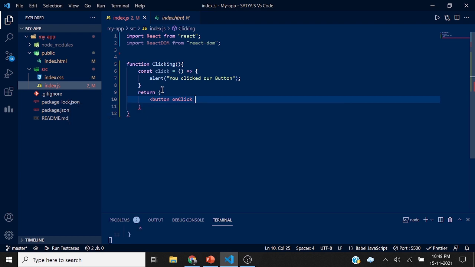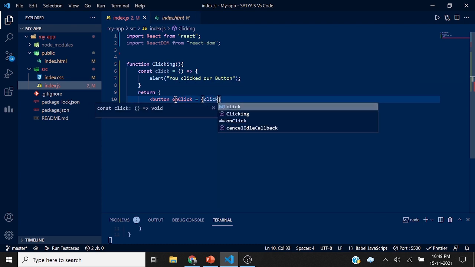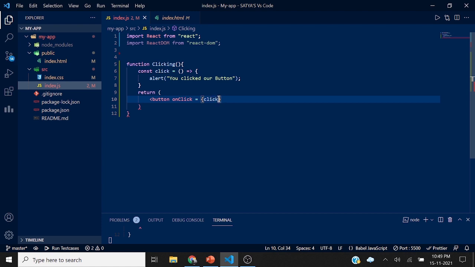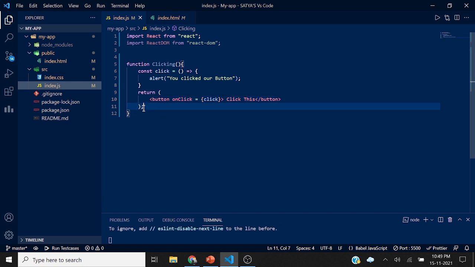So on button onClick, I need to call this function, and I have called the function onClick. Then in the text I'll show click this. In this way you can create a button.